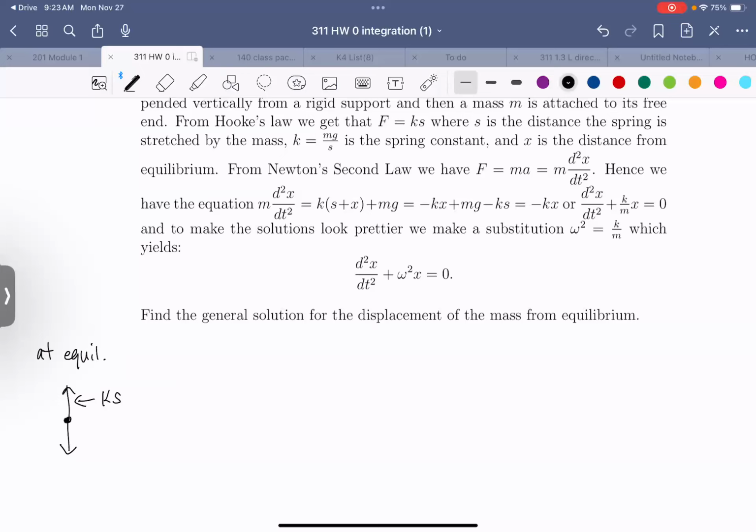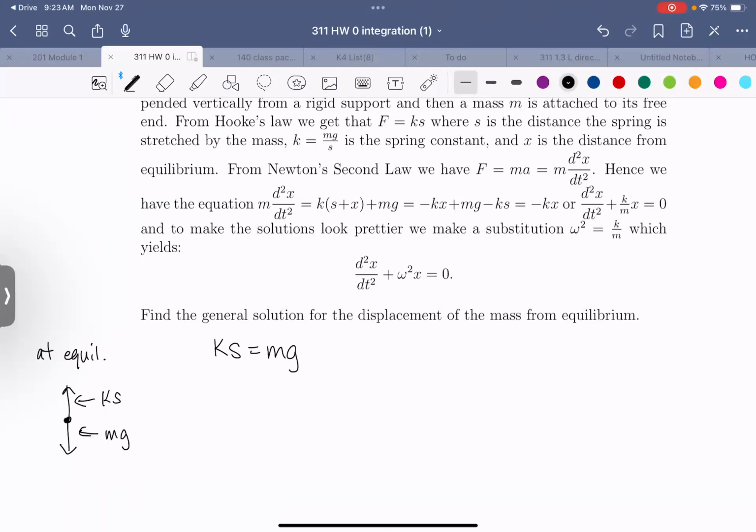Ks is what we've got going on, right? And then this one is your gravitational force. So this is just your mg, right? So at equilibrium, those 2 things are balanced. So you get that Ks equals m times g. Note that S